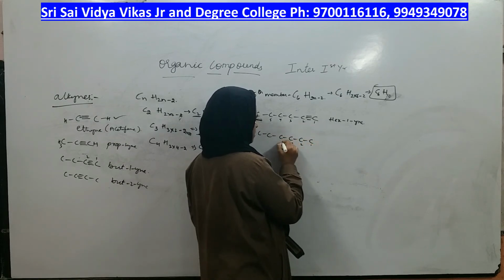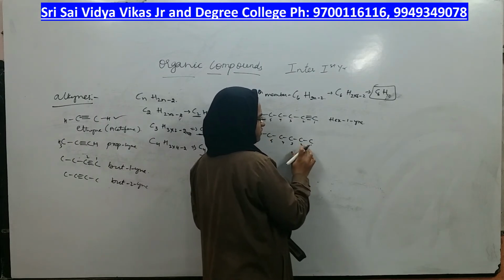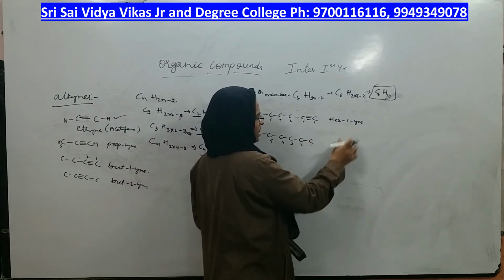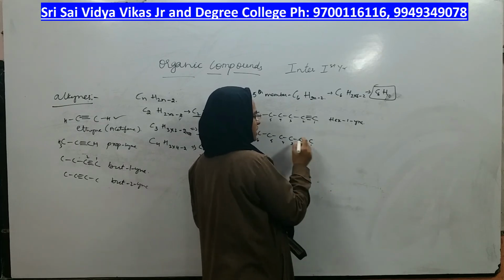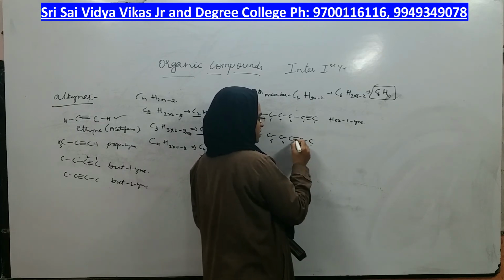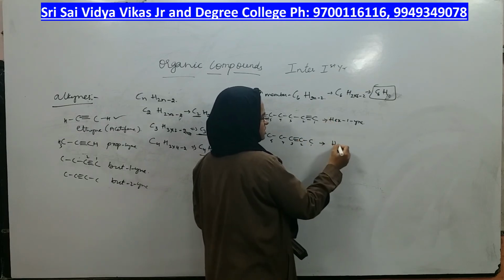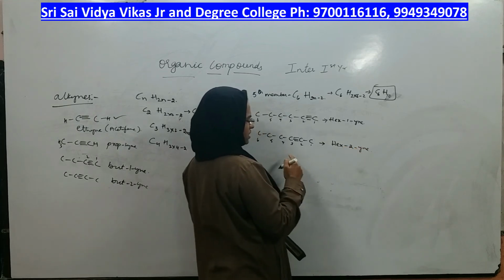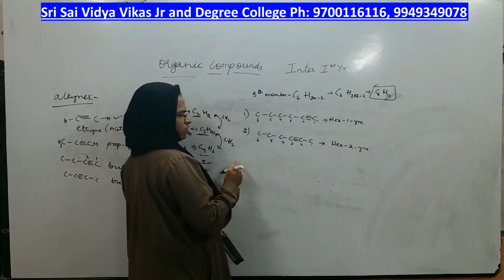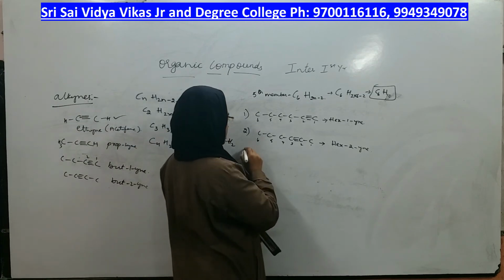1, 2, 3, 4, 5 and 6. If the triple bond was at the first carbon, you got hex-1-yne. Let me take the triple bond at the second carbon. What will be the name of the compound? Hex-2-yne. Is it correct? Yes. Now can I move towards 3 carbon containing compounds? If I move, is it going to be correct or wrong? Let me try.